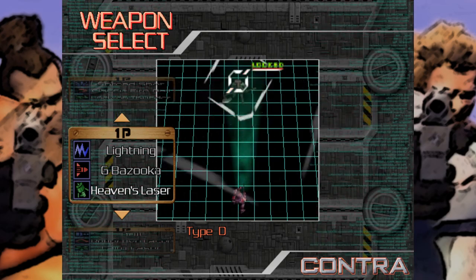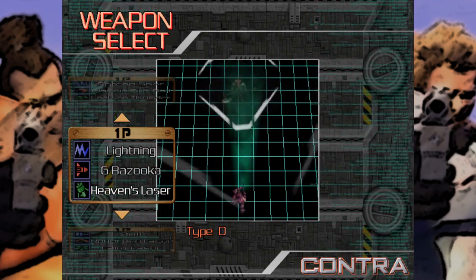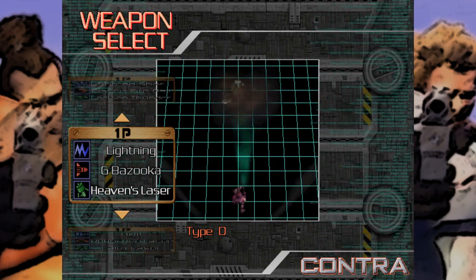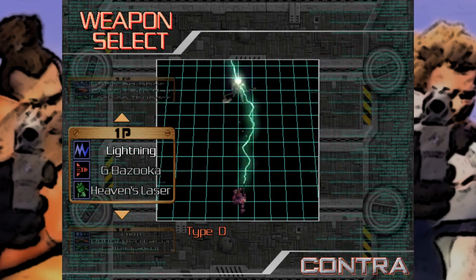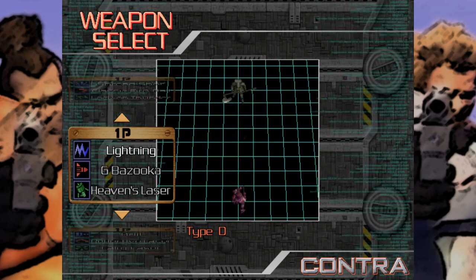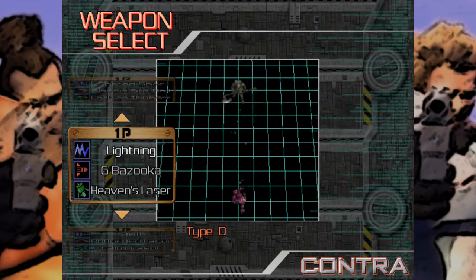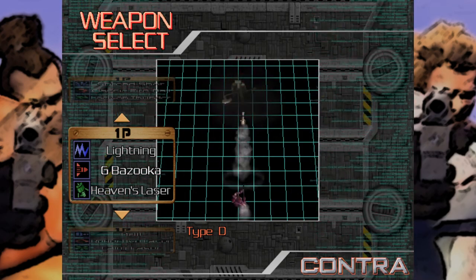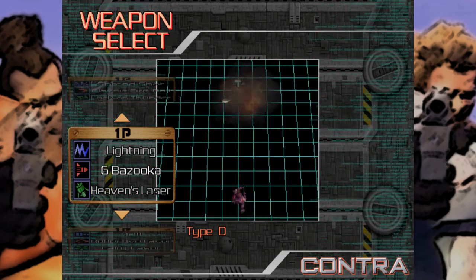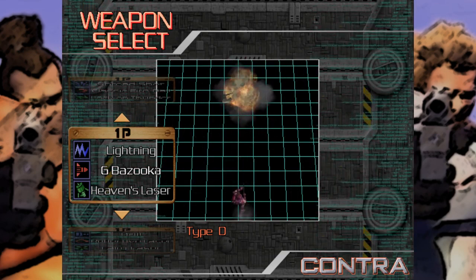This weapon set is fucking busted, and I think all the speedruns use it. This lightning chains around enemies. It'll hit one, bounce to another, and bounce to another. It's real fucking dumb. The G bazooka is real slow coming out, but my god does it pack on the damage. And the Heaven's laser is ridiculously busted. This one and another one we'll be looking at are like the two most broken lock-ons in the game. You can melt some bosses with just 2 charges, and that's real